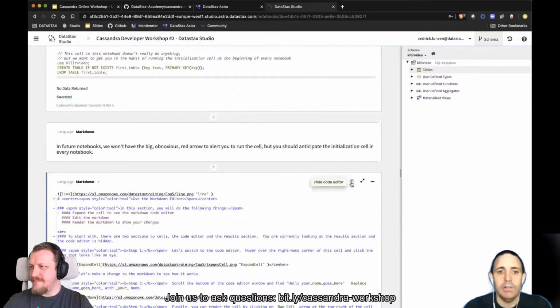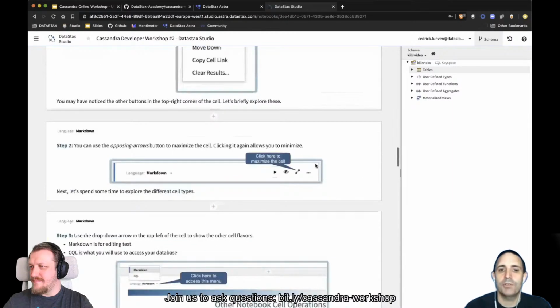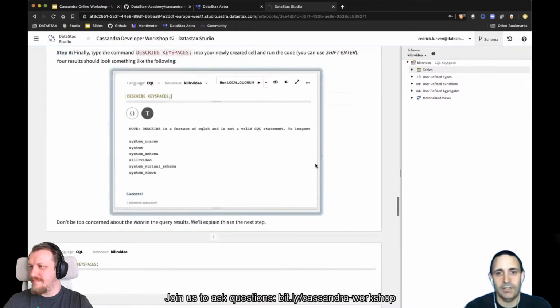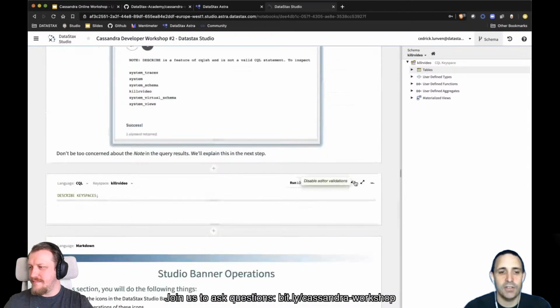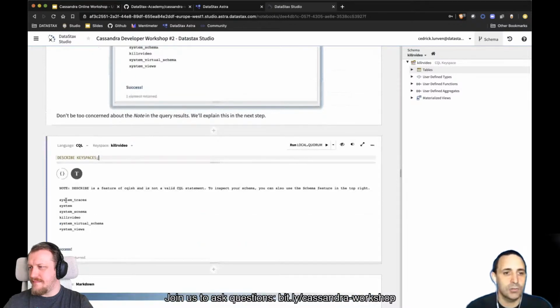I will go quick because this is really about using the studio, not really about understanding how to create Cassandra tables, which is the next chapter. So let's go quick. This one is describe keyspace. It could be interesting just to see that we do have a system keyspace created for us by Astra, and the user-defined keyspace killer video.